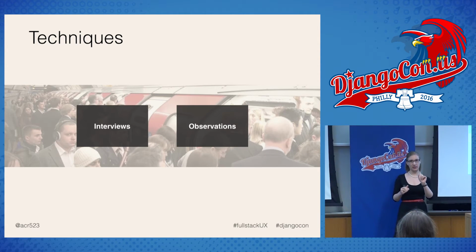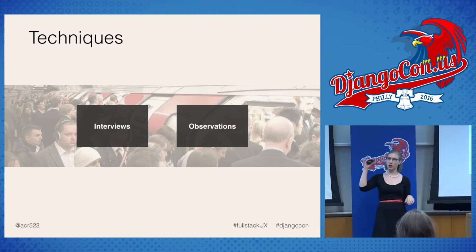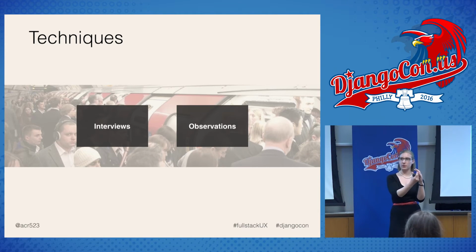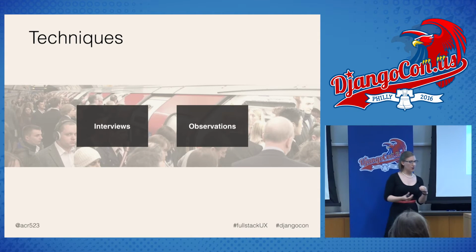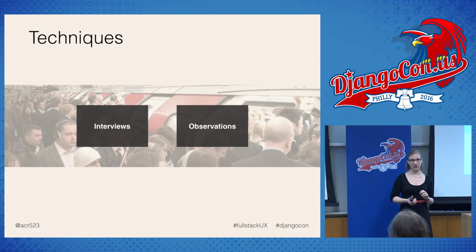And we're trying to gather data around that to understand how is our product going to fit into our users' lives, and how is it going to provide value when it finds that niche in their life. You also want to avoid asking leading questions. So leading questions are assuming that potentially somebody got a benefit out of something